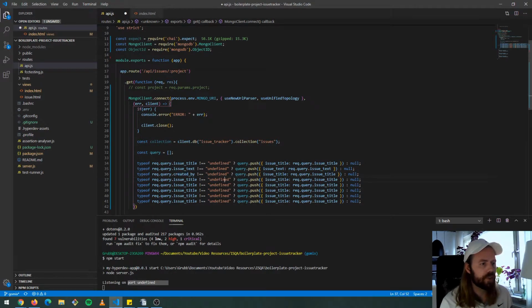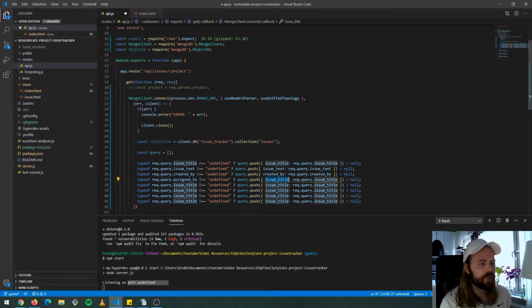Okay, just copy that. We'll replace this one and that one, and just go through that with all of these. So the next one is assigned to, so like this, assigned underscore to,